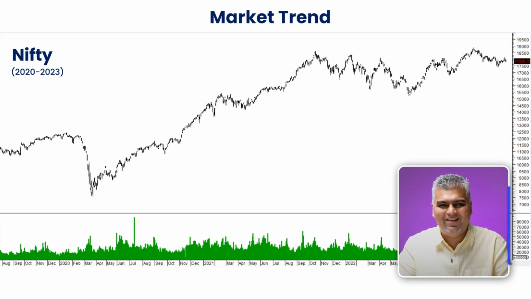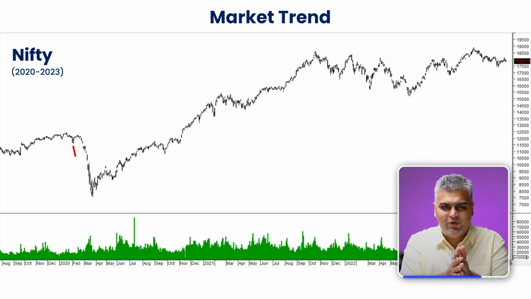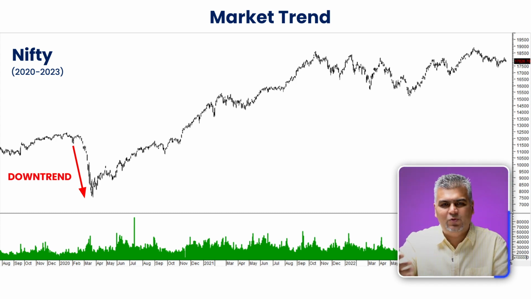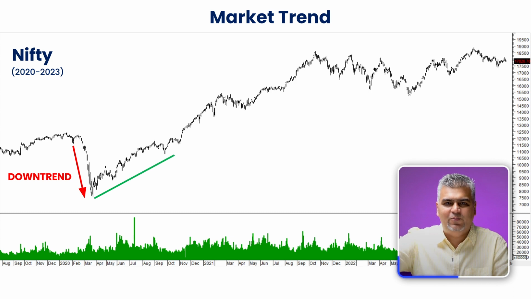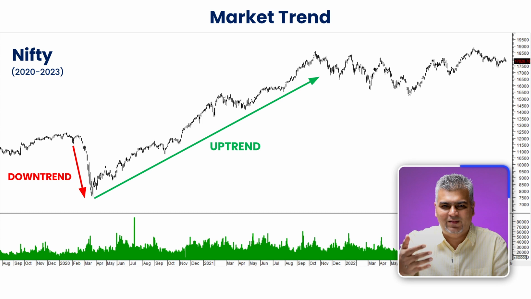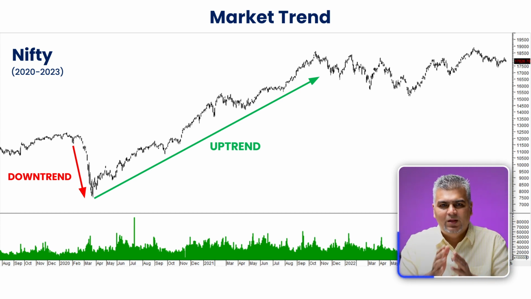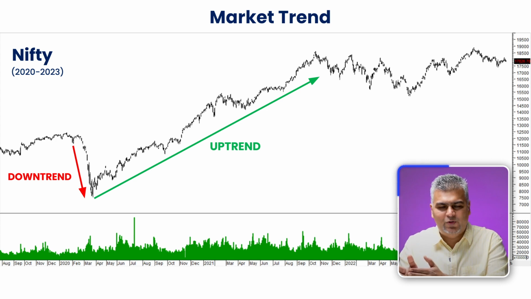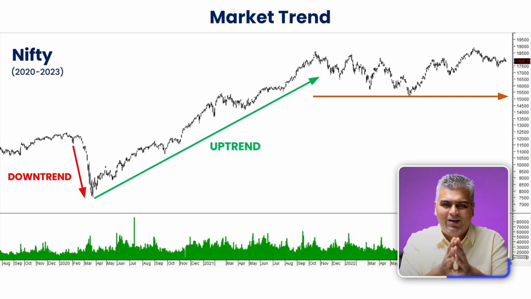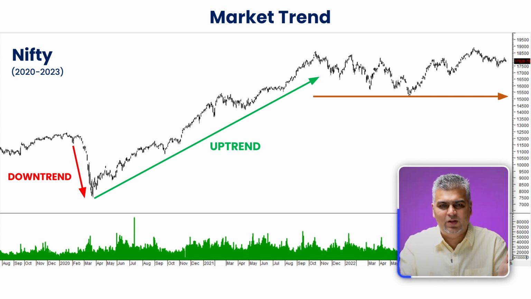Now, to take an example of Nifty, we saw a correction in 2020. The markets fell 30 to 40% really fast. So that was a downtrend. And then from March, April 2020, we got into a constructive bullish trend wherein we kept on making higher tops and higher bottoms. We started from 7,500, went to 9,000, pulled back a little, went to 10,000, and we kept on doing this. Then from 2021 to 2022, we topped out around 18,000 odd levels, and we've been at 18,000, roughly plus or minus 500 points, for the last full year. That is what we call a sideways trend.